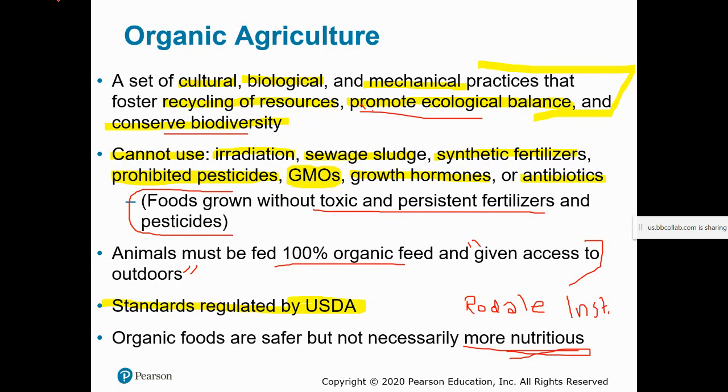But after that, the organic field will begin to greatly surpass production and often nutrition, because again, you're recycling resources, you're restoring nutrition to the soil after you use it to produce your crops. And then again, just highlighting here that organic foods generally are safer. So if you're interested in reducing your exposure to chemical residues through food, then choosing organic is definitely something that will help you get there.